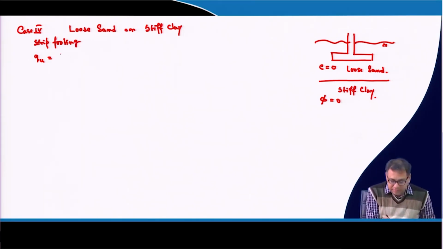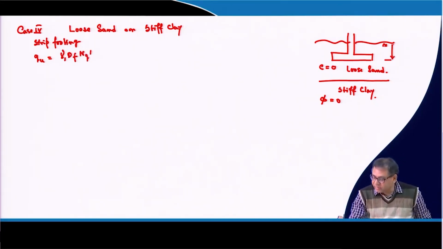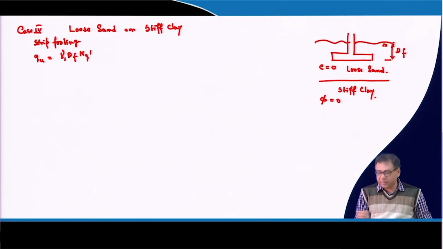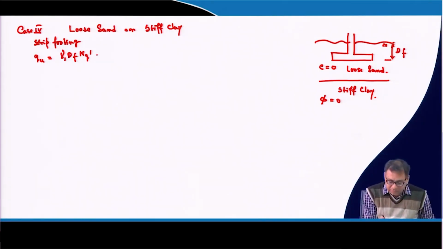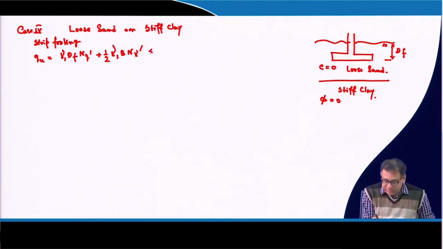So, the second term is gamma 1 D_f N q dash, this is D_f, okay, this is the first layer, then plus the third term gamma 1 B N gamma dash. Okay, so, the first term is 0 because c is equal to 0, then the second term and the third term are given. Okay, so, this is q_u and that should be less than or equal to